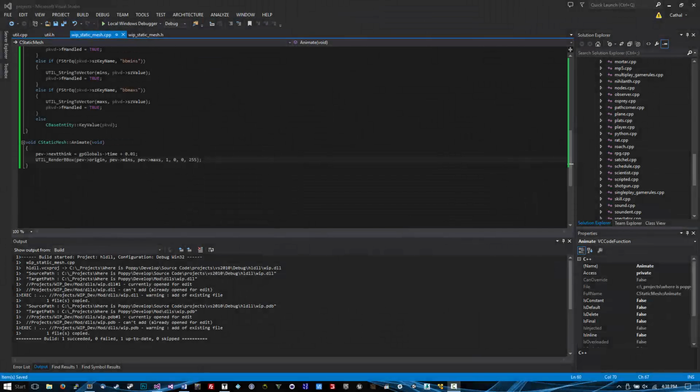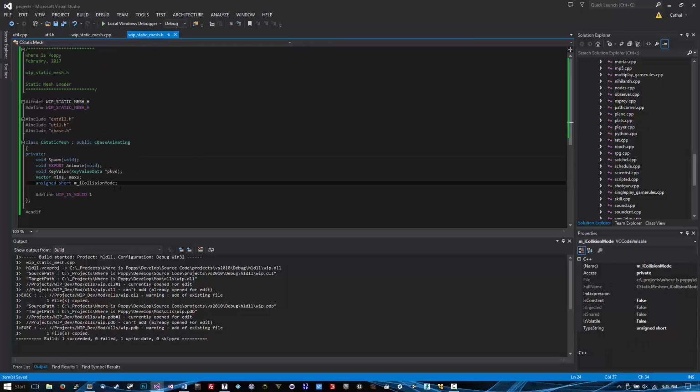Okay, so then let's set up this bounding box visualization aid to be an optional choice for the user to set as a flag in Hammer. First thing first, let's go to our header file. We need to add